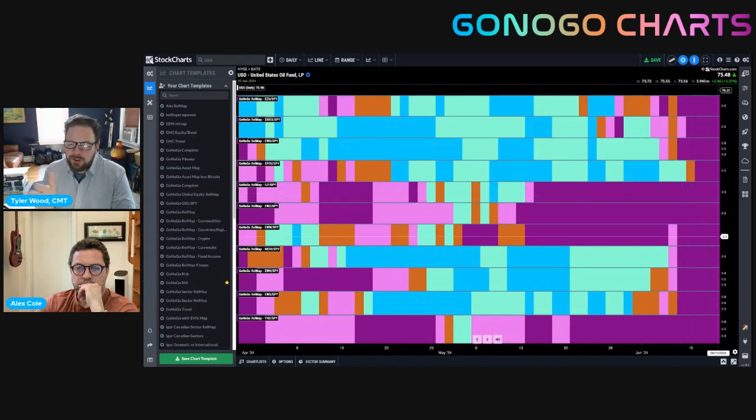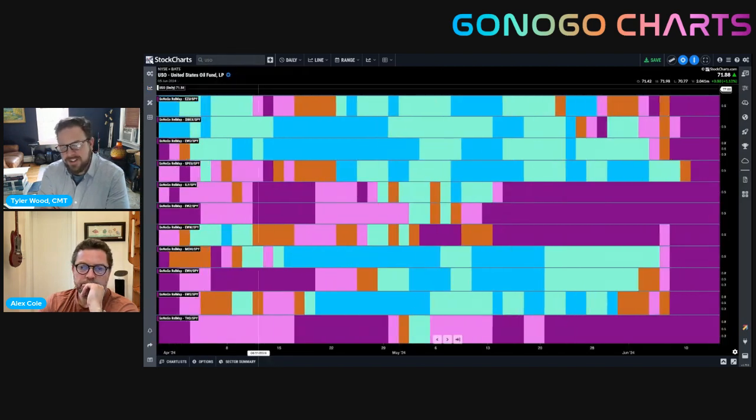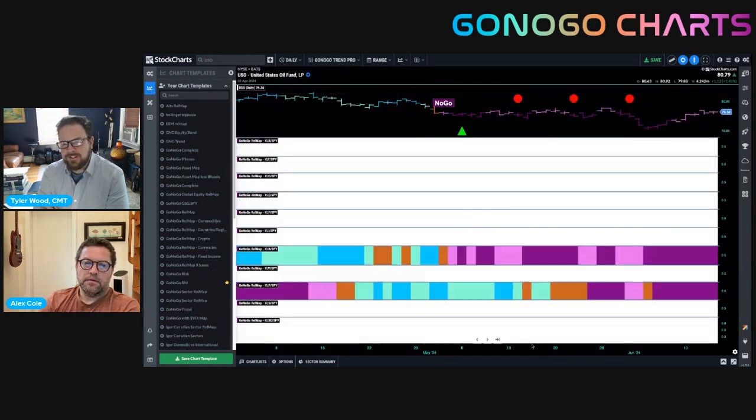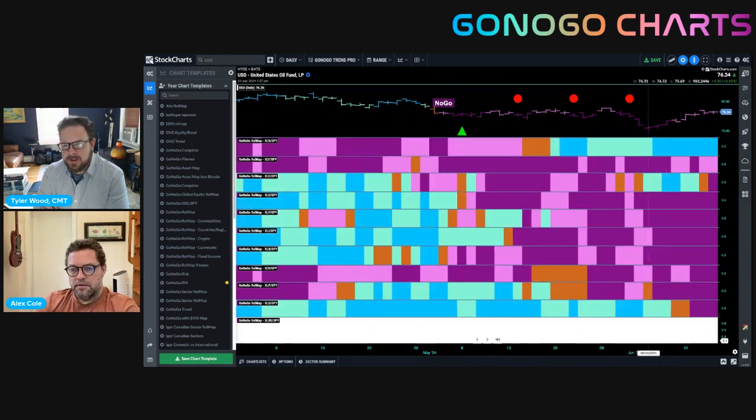Right now, global diversification of your portfolio is not adding alpha to your investment performance. So we look at all of these countries relative to the S&P 500, and all across the board, dark purple no-go trends. So clearly the US is the outstanding outperformer. So let's go back to our sector rel map. Let's get under the hood of the S&P 500 and find out what is establishing such dominance of the US over the rest of the world.